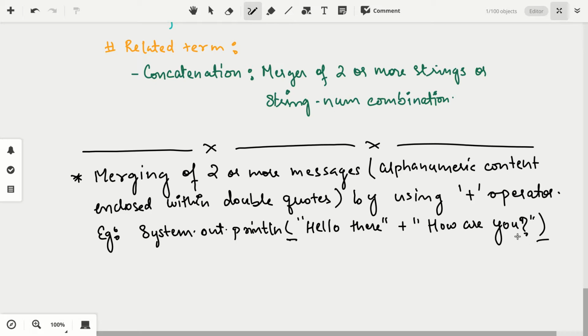Okay, so it will be hello there and then there will be a space and then it will come how are you? No, if you give a space, then a space will appear. If you do not, it won't. For example, and of course, you should terminate with a semicolon. Now let us see. I'll show you a program. Don't worry.